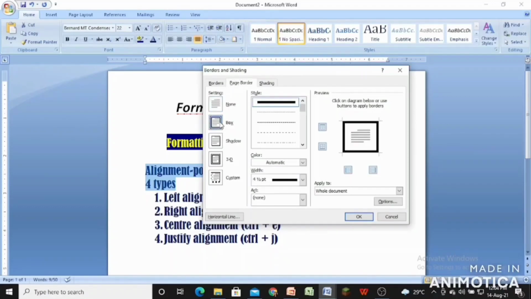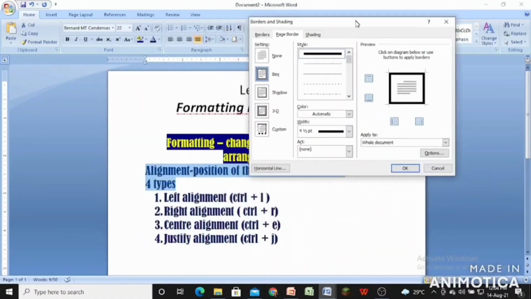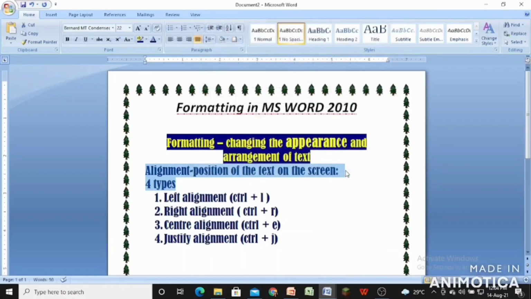Click on the box, and at the bottom of the drop down menu, you can see here, this is a dialog box. This is called a dialog box. Okay, you can move on the entire screen. Right now, at the bottom of the dialog box, you will see here, there is art written here. You will get various beautiful border designs at the bottom. You can select any one of them. Like I have selected this one, click on OK. After clicking this, you will see the change on the screen.